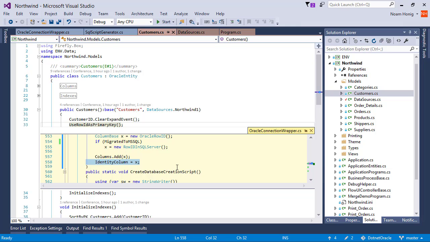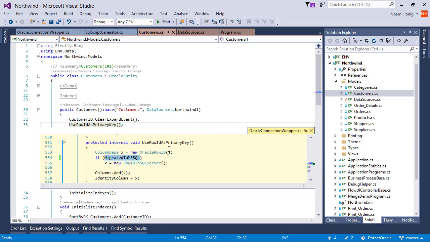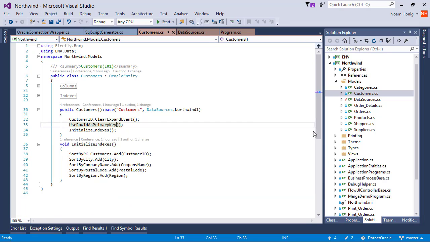Now, in SQL Server, you will not reuse row ID, but the best equivalent for row ID is an identity column. And you can actually see here that there's a flag in the Oracle entity class saying if we are migrated to MS SQL. Okay, let's go have a deeper look